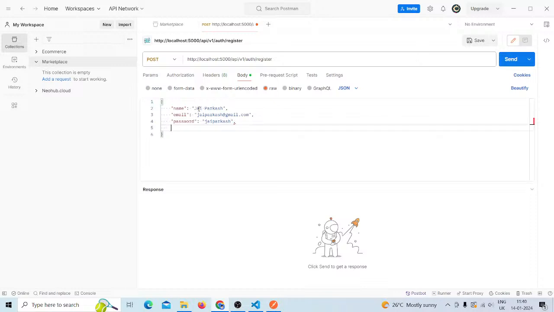Name, email, password, phone. Phone will be our number 123456789. Okay, obviously this is not my number. I think I did 1 2 3 4. Let me check. Yeah. So now if I hit enter, meaning send data from here,